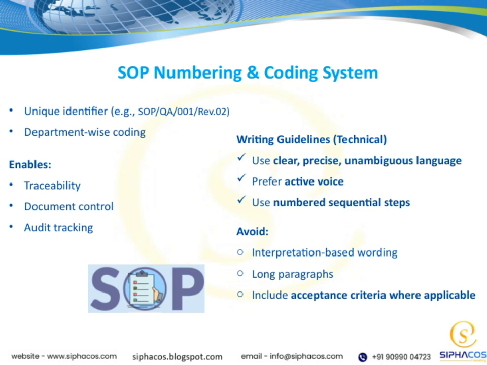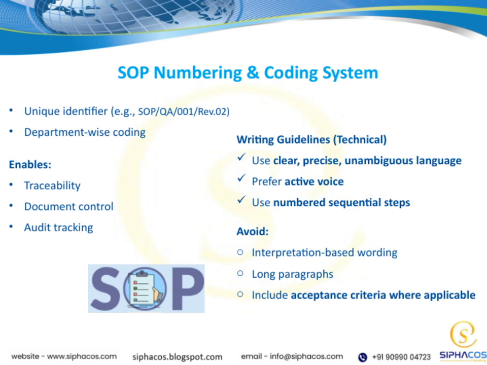Moving on to SOP numbering and coding systems, each SOP should have a unique identifier, like SOP QA001 Rev02, to keep things organized. Also, incorporating department-wise coding can further enhance traceability. These measures enable us to track documents effectively, maintain control over revisions, and support audit processes smoothly. So, in summary, following these guidelines helps us produce clear, organized, and traceable technical documents that support quality and compliance